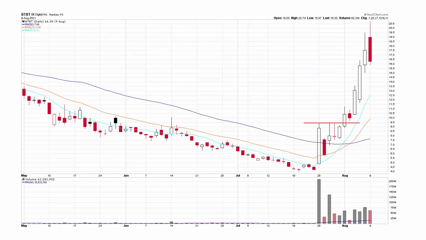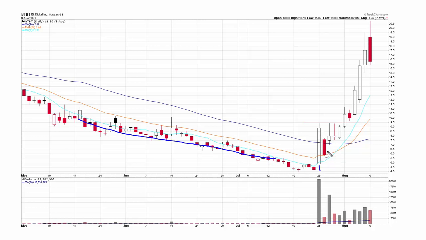All right, so here's BTBT. This was on my radar, but I had absolutely no interest trading it because it was just down, down, down, down. I think it dropped like 13 weeks in a row. And then out of nowhere right here, it jumped like 100% one day on huge volume. That kind of brought the stock back to life. It kind of jerked it out of its downtrending ways. It put it in play.